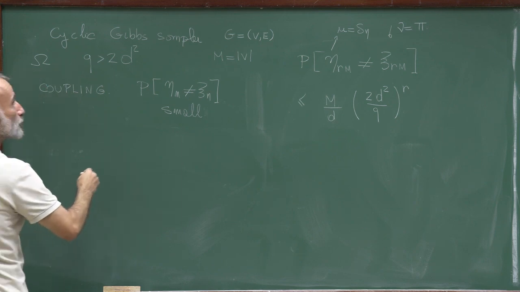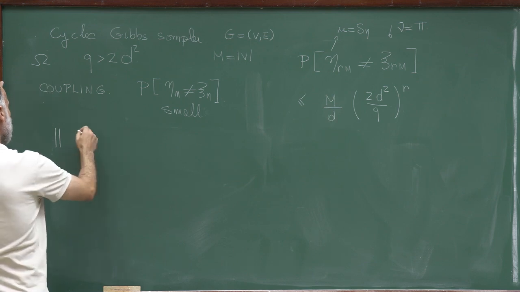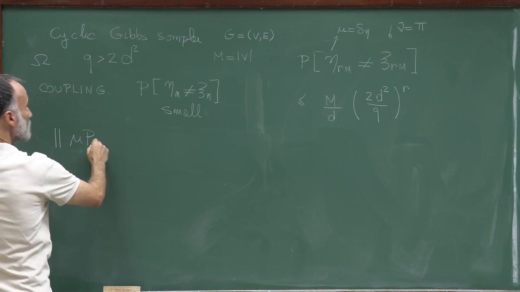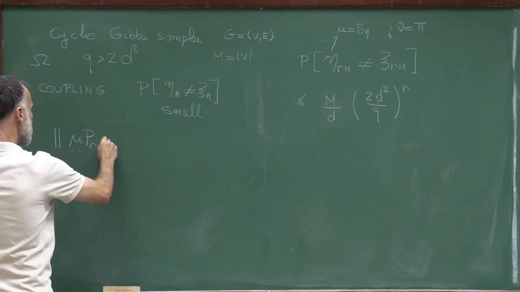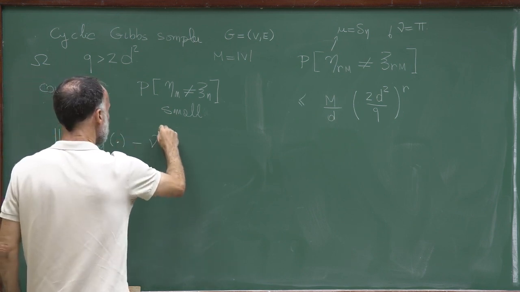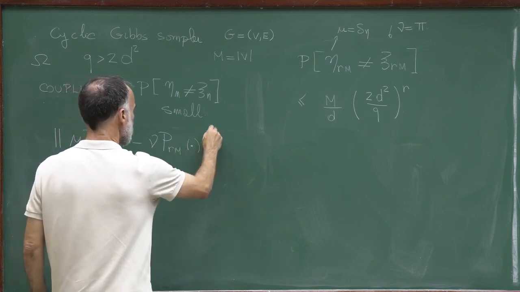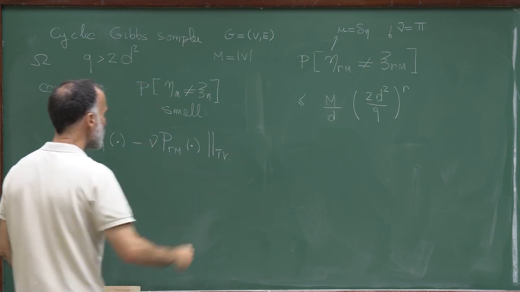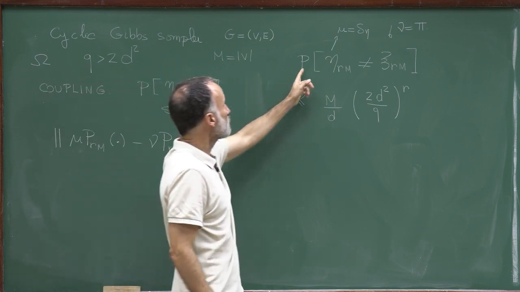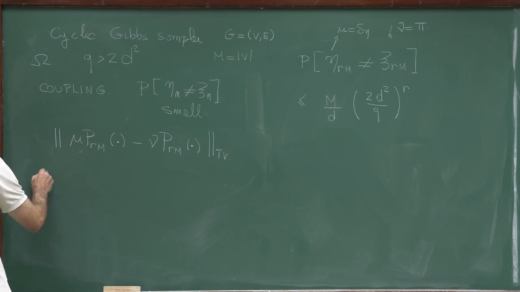And then we'll have the total variation of, let's say, mu p at time Rm minus mu p Rm, total variation. p gives me a coupling. So what I want to say is that this is,